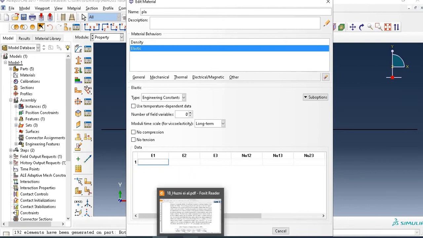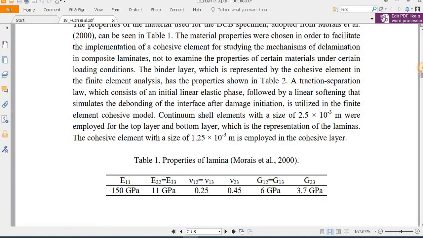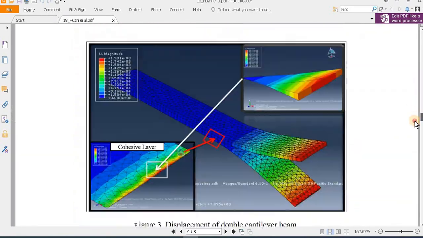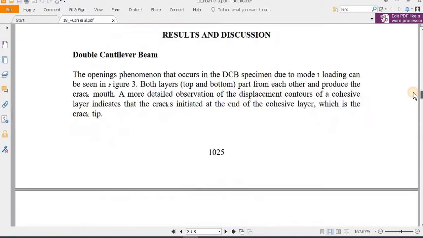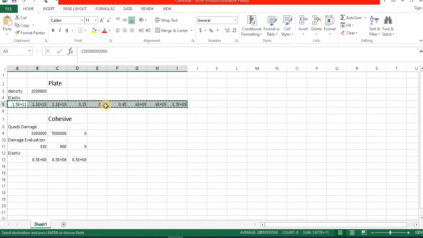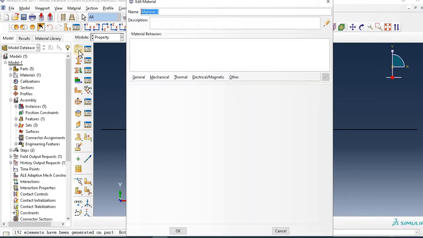So if you need, here is the property in this paper. You can refer from this part. Copy this part, input this constant, okay, then create cohesive